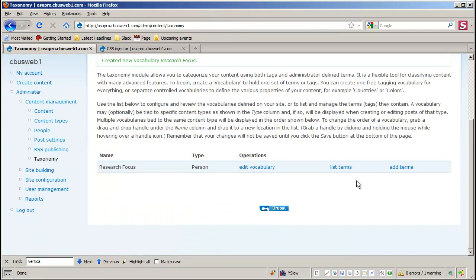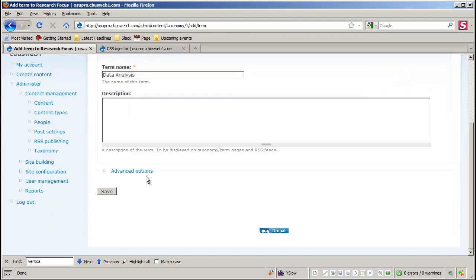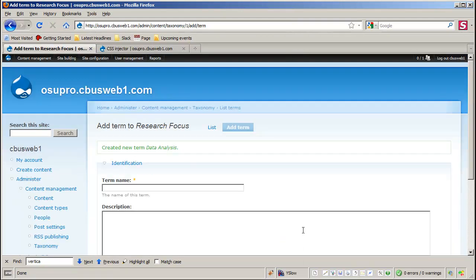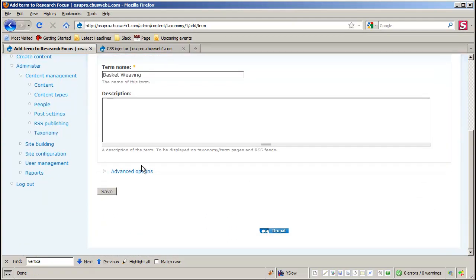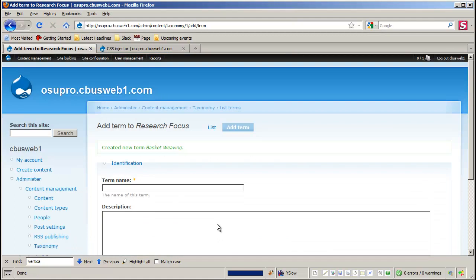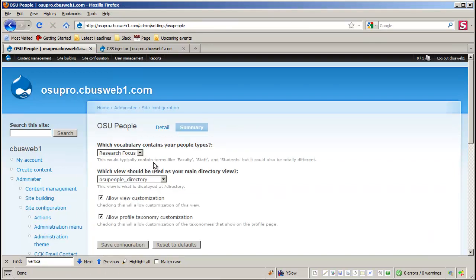So if I create a vocabulary called research focus and add terms like data analysis and basket weaving, I can then go to the OSU people configuration page, and